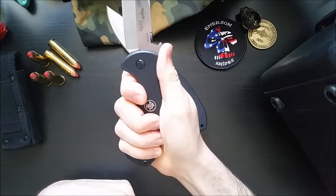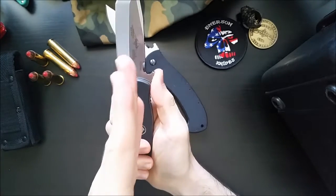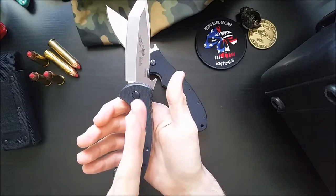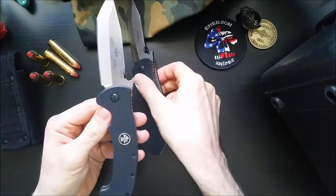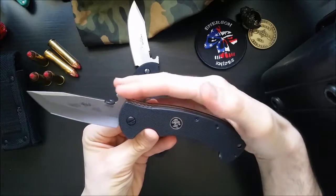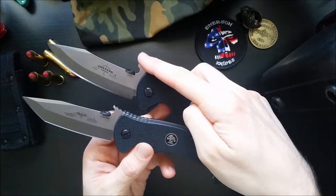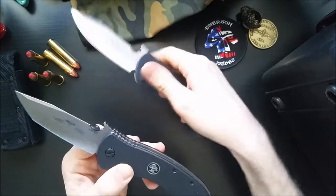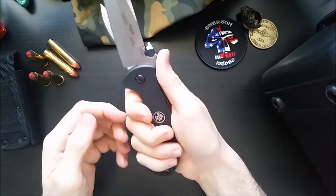For some reason, when this thing sits in your hand, I think it has a lot to do with this thumb ramp, honestly, and the center of gravity on this blade. There's something about it being more in line and less counterbalanced off to the side like this guy is, that really makes this more natural in my hand. The other thing is that the height of the wave and just the design of the wave in general is quite different. This rises up quicker, and it forces the thumb to sit back a little further, versus this guy, it allows you to come out onto it a bit more, and to me it feels